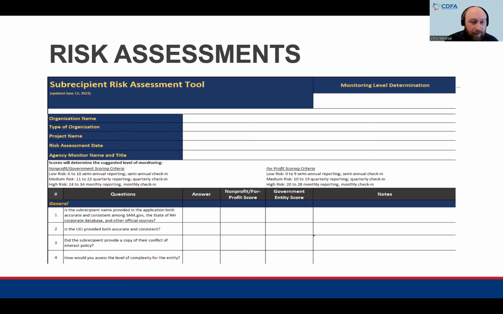So here you can see that there's some general questions. Is the UEI provided both accurate and consistent? You all provided accurate and consistent, to our knowledge, UEIDs at the beginning of the application. That was part of the threshold review. There's your SAM.gov registration, Secretary of State database, and here we also have some subjective questions, like